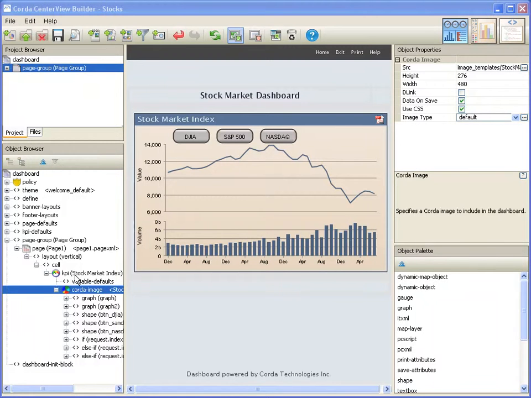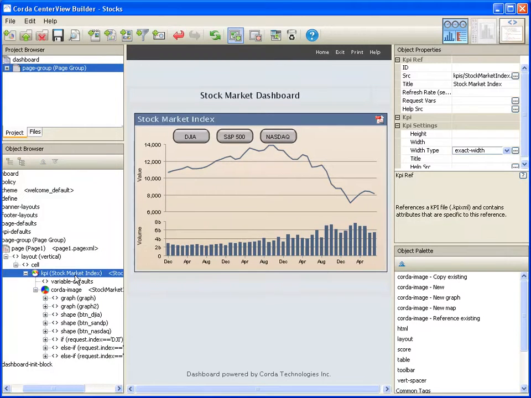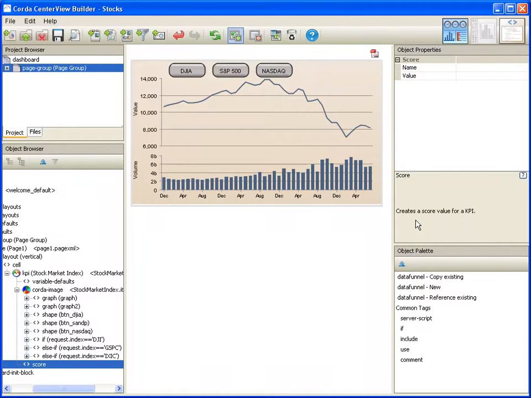A score is located as a child of a KPI. Scores can only be added to KPIs, not to pages or to graphs. After we add a score, we need to give it a name. Let's call it Dow Jones. The score is just a value. Now the value can be a fixed value, but it's usually more useful to use a server script value or